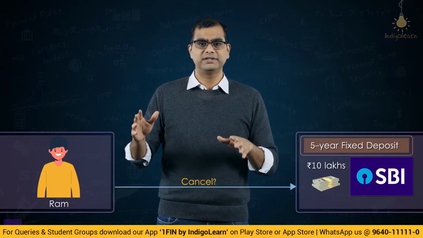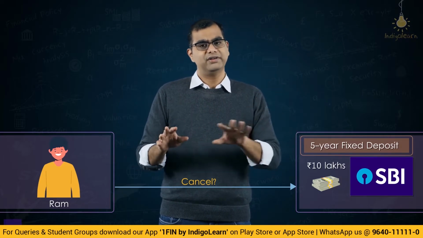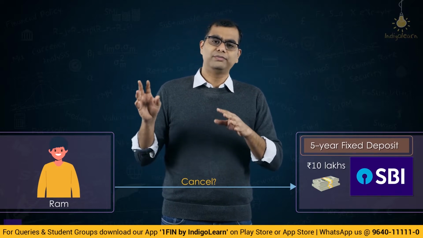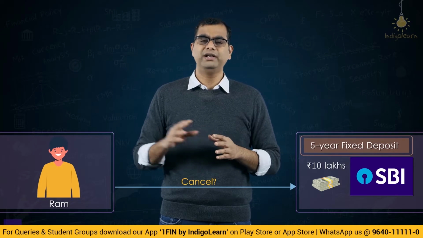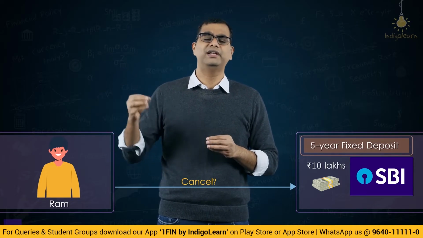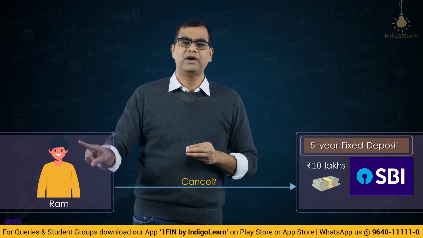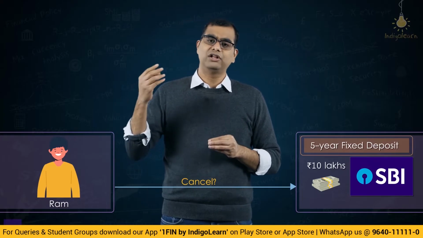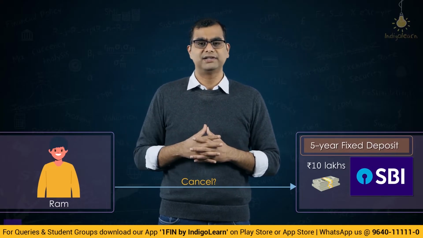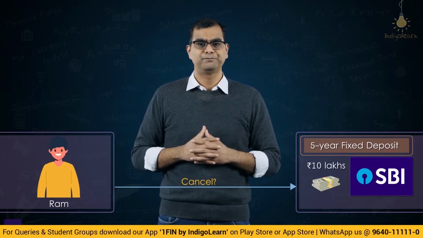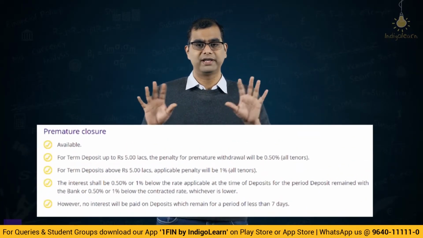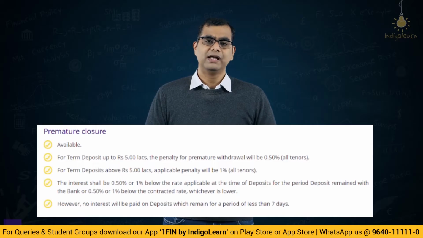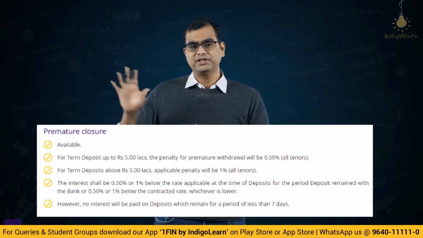When you say close, what it means is, I don't want the entire 5 years, I want only 1 year. So, what SBI will do, instead of giving you that 5 years interest rate, which was 5% at that point, is give you only the 1 year interest rate. Let us say the 1 year interest rate is 4%. So, for 1 year, they will give you 4%, and they will also levy some penalty for cancelling the fixed deposit, and they will give you your money back. All this actually happens in real life, by the way. I am not making up any stories, this all happens. Now, that is one scenario.